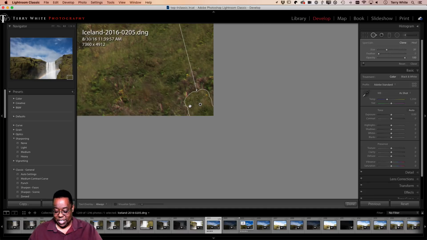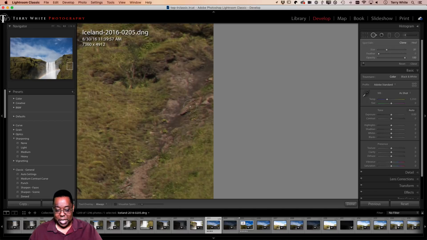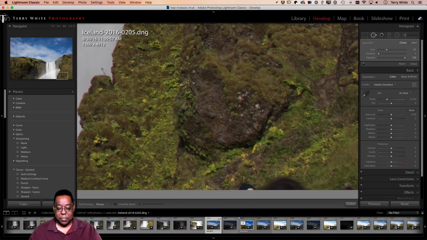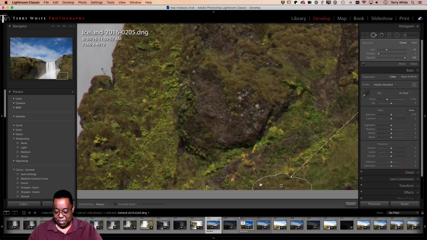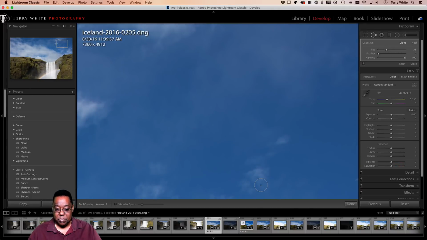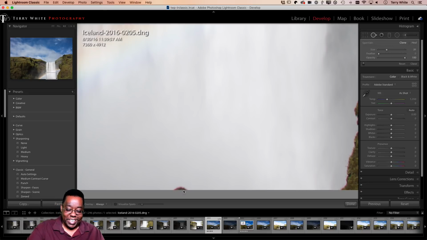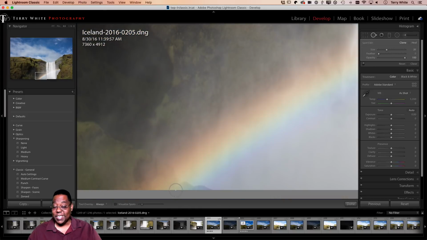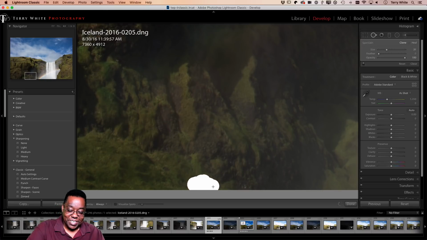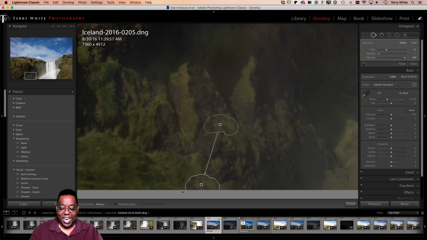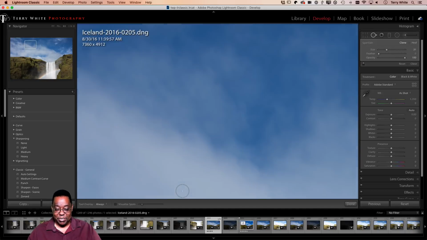So now I can go right back up, page up, page up, page up, page up, and do the same thing here. We've got a person there. We've got a person there. And it's letting me fix all these. Now that one I don't mind, because that's supposed to be there. And same thing here. I can't believe I missed all these. Page up, because I did not use this technique. That's how I missed all those. And that's exactly what happens. But when I first saw this one a few minutes ago, I was cracking up. I'm like, wow, there's a blonde head right there. All right, I think that was the last one.